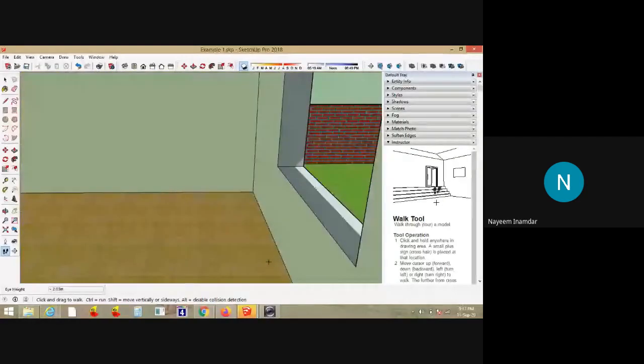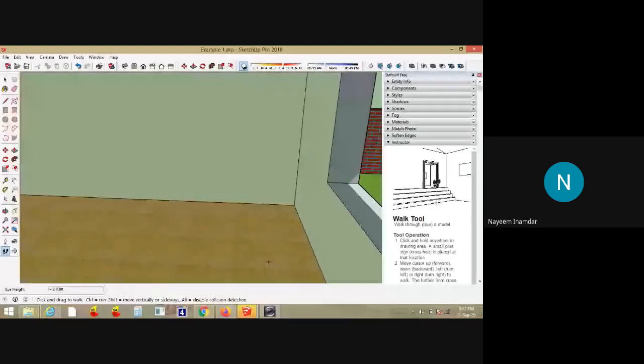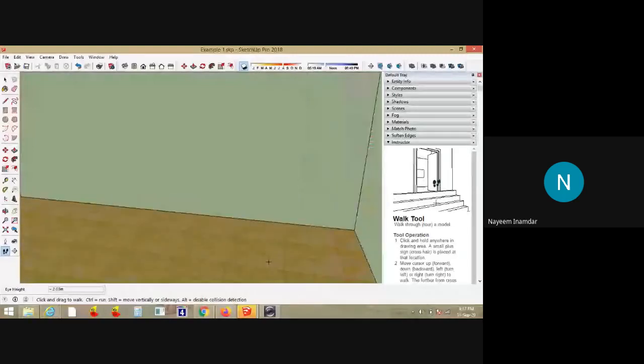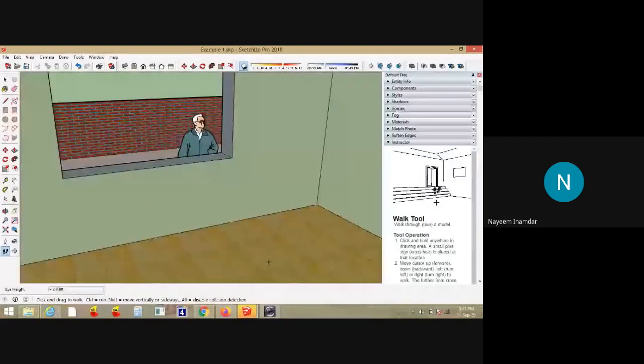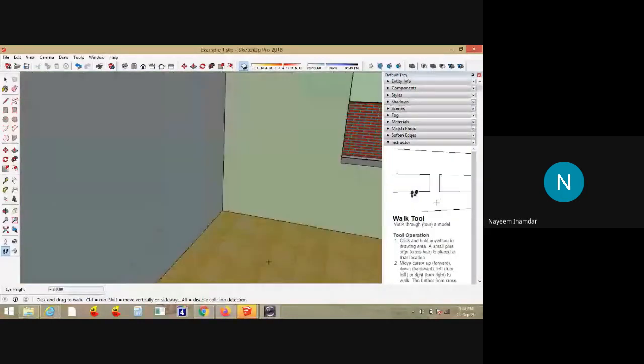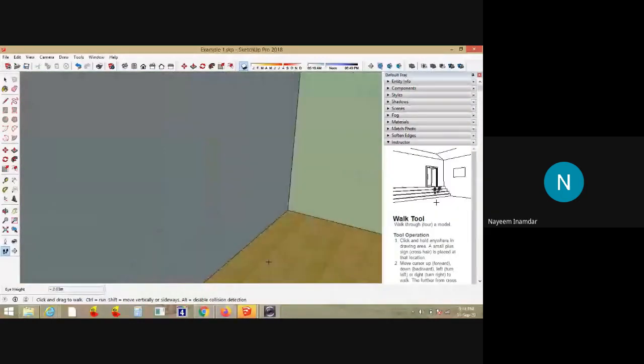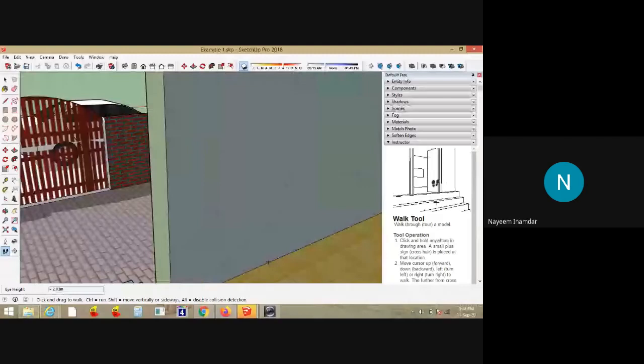And you can have a walk here. You can record the screen also. If you want to have video, you can record the screen.